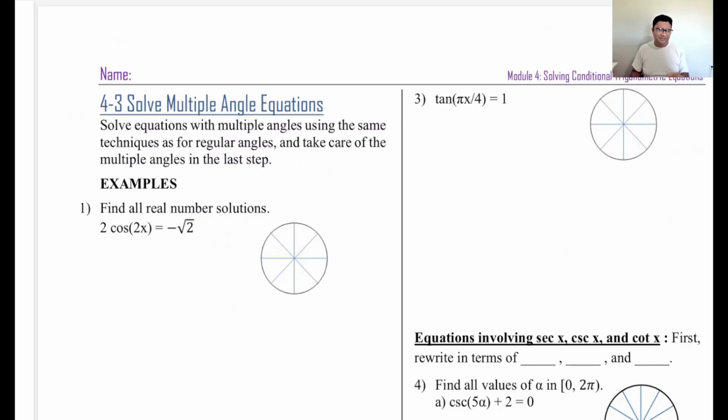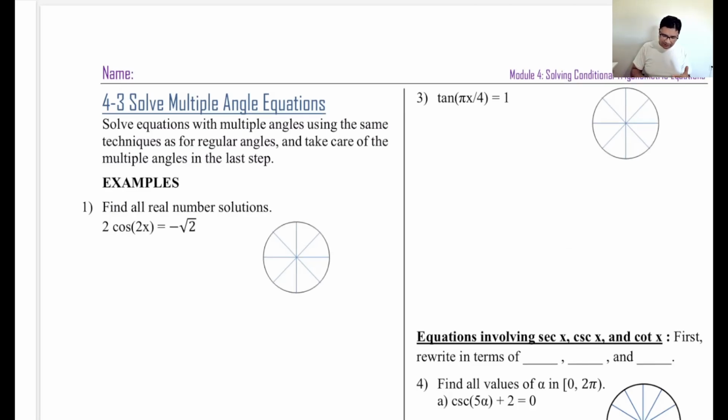What it means is a multiple of an angle. And what will be the process of solving? We will solve just like we solve the basic equations, which means we will try to isolate the trigonometric function to the left side and have a number on the right side. And then